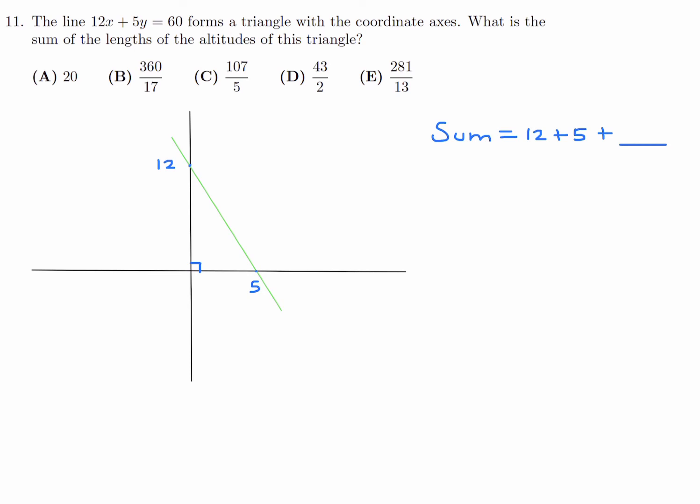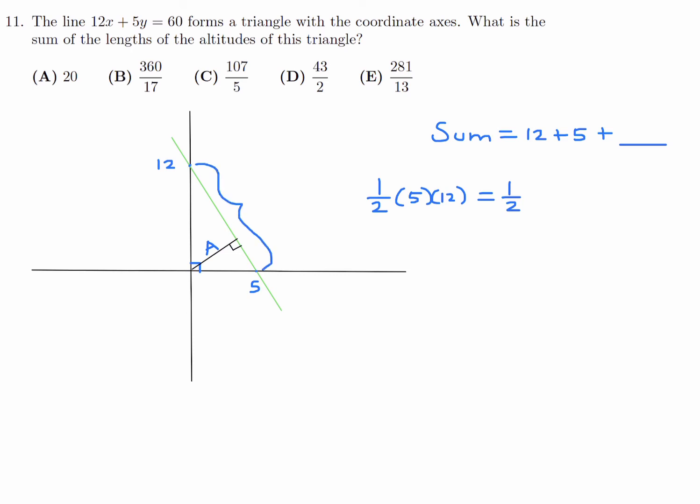is of course going to be represented by a line like this that's perpendicular to that side. And how do we figure out the length of that? Well, first of all, I'll just call it a for altitude. We can use areas. So, for example, the area of that triangle is 1/2 base times height, which would be 5 times 12. This is 5, and that's 12. But the area can also be represented as 1/2 base times height, using that as the base and that as